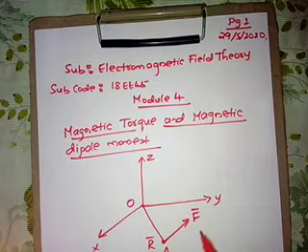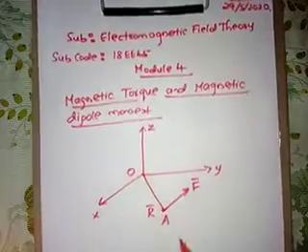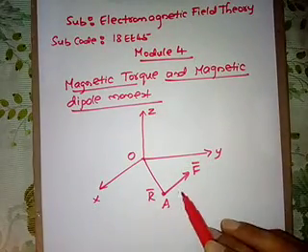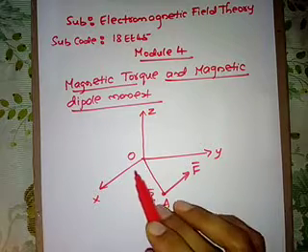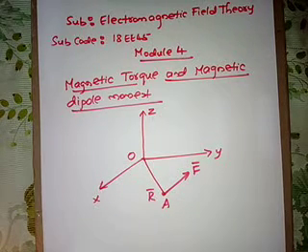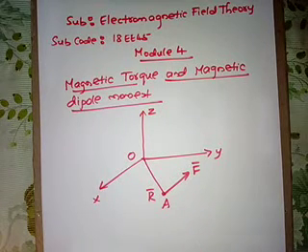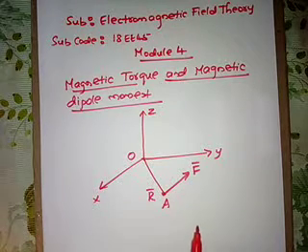So this F bar is acting on the point A in the x, y, and z axes. The distance between O and A, r bar, is called the arm. So when this force acts on this point A, it is causing a rotating force, or what we call a torque, or the moment of a force.